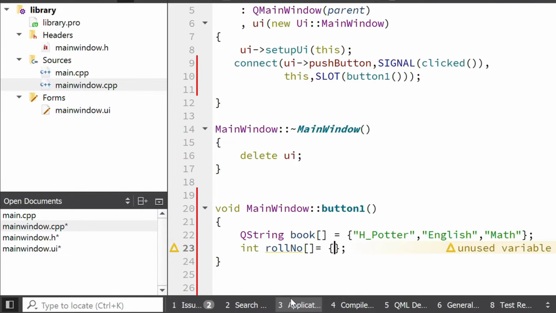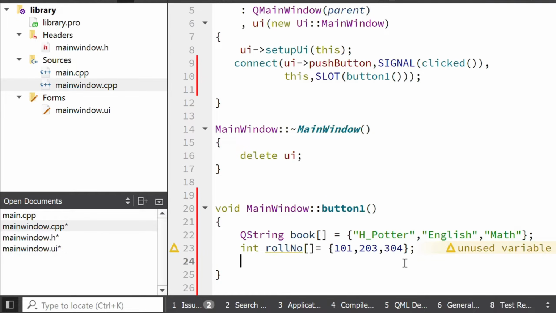Now I will assign some roll numbers. First will be 101, and second will be 203, and then 304. Okay, you can add some more roll numbers, but I am adding only three roll numbers to save your